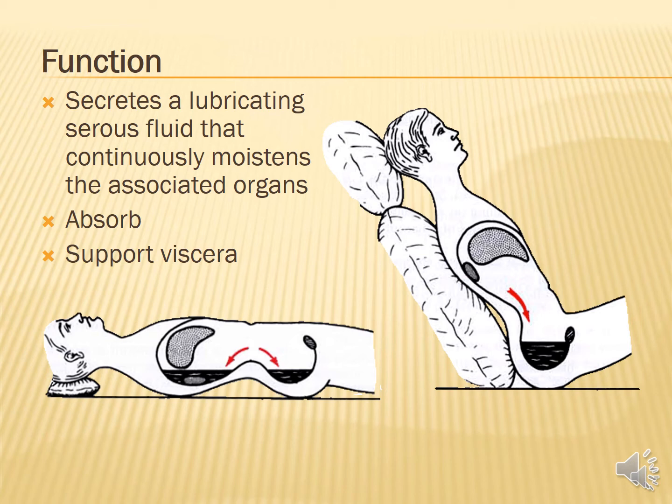So here we can see the hepatorenal pouch in supine position. If there is any pus or abscess in the viscera like liver or the gallbladder, then the entire abscess is accumulated in the hepatorenal pouch. So it becomes the most dependent pouch, the most dependent part of the abdominal cavity, we should say, in the supine position.